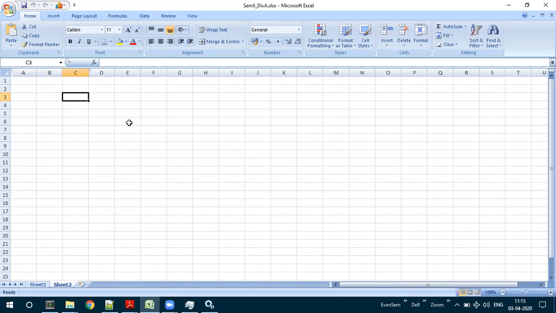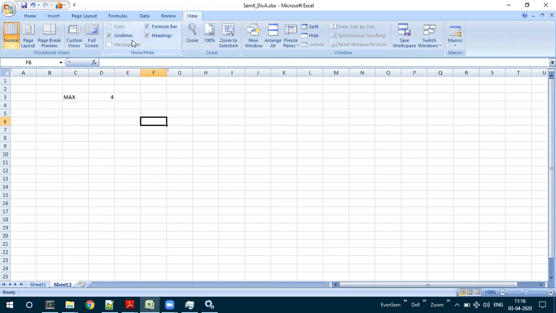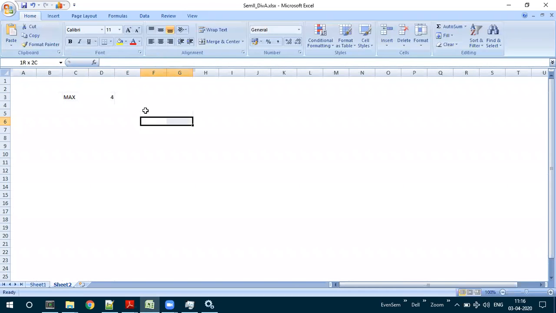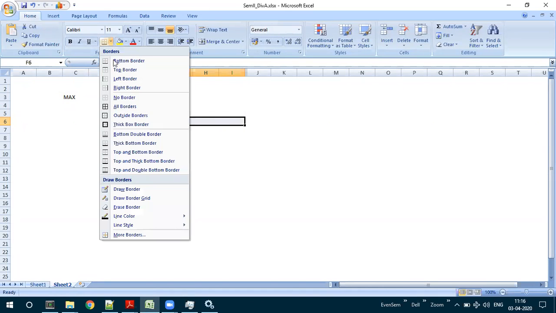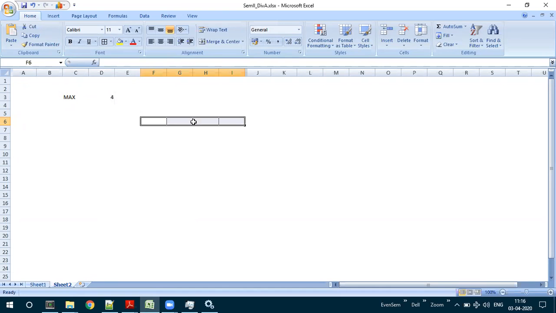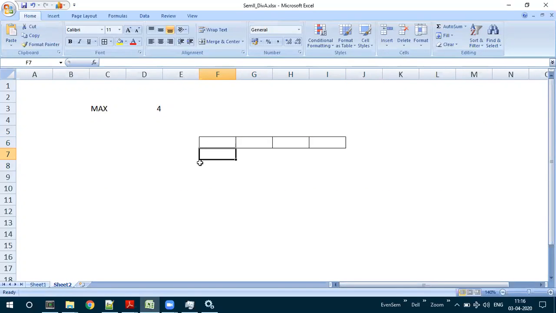Now let us consider what is the size of the queue we have taken. It is 4. And first, let me put the blocks here. So initially Q was empty. This is the 0th index, first index, second index, and third index. Then initially we inserted 5. So our front is here and rear is also here.